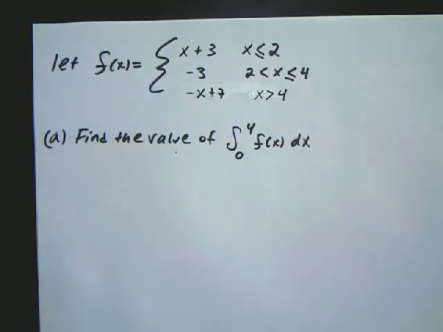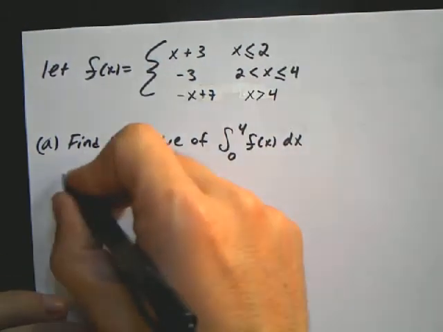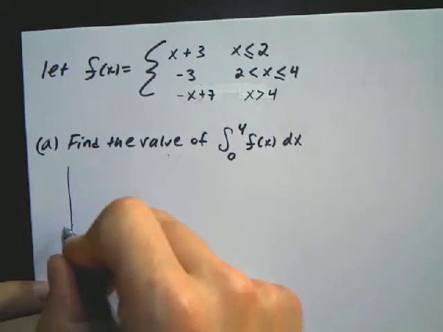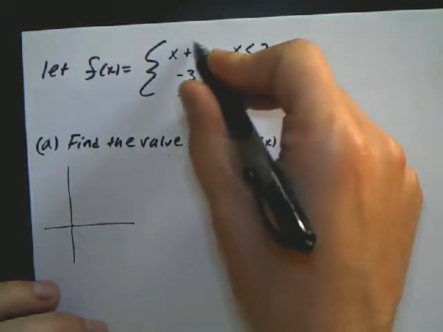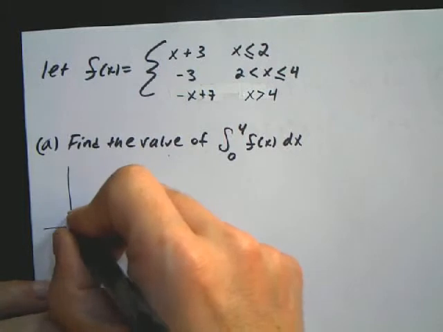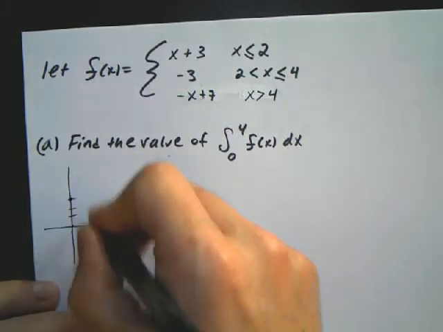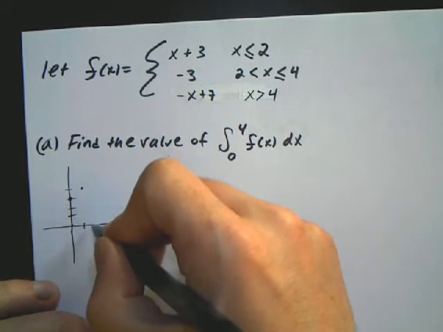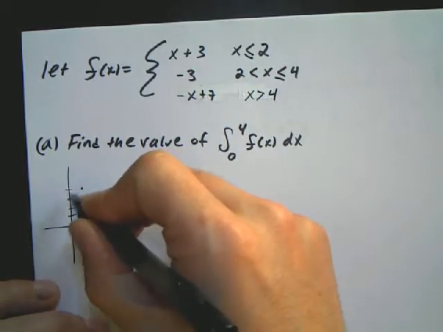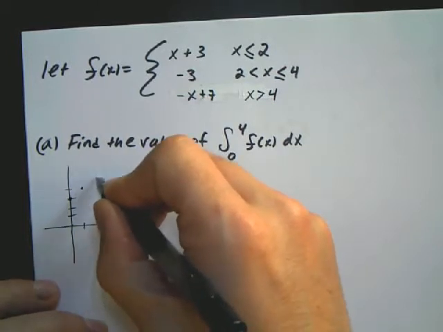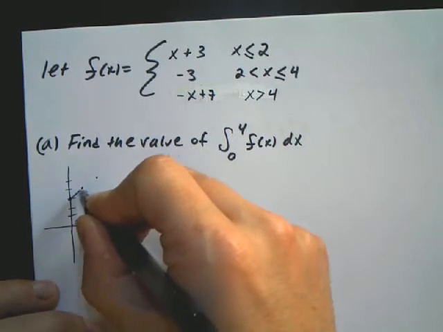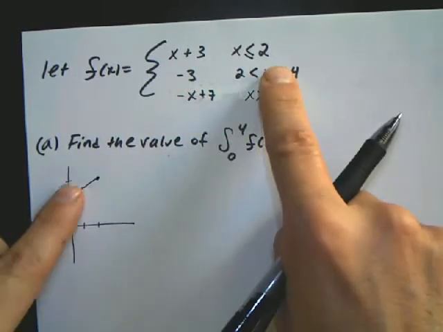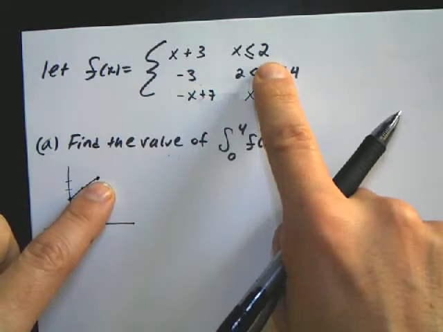It looks like it's going to be a straight line before it gets to 2. So this has a y-intercept of 3, 1, 2, and 3, and it has a slope of 1, so I have to go up 1 over 1, and it's going to go another up 1 over 1, and it's going to be a straight line this way. It's going to be a closed circle because it's defined to be the straight line at 2,